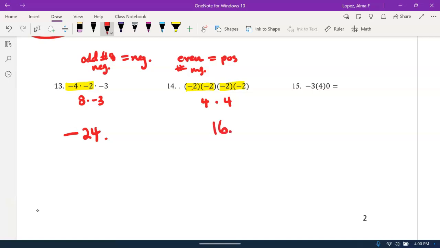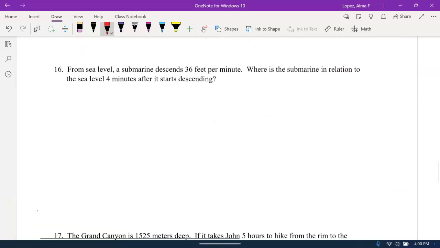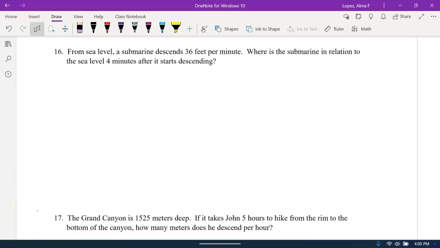Let's keep going. This one's really nice. If you're multiplying 3 numbers together and any of them are 0, the answer is 0. All right, 2 more questions. The first one,